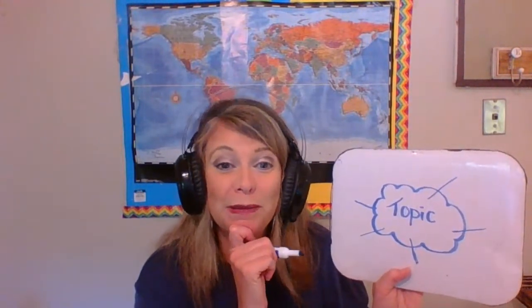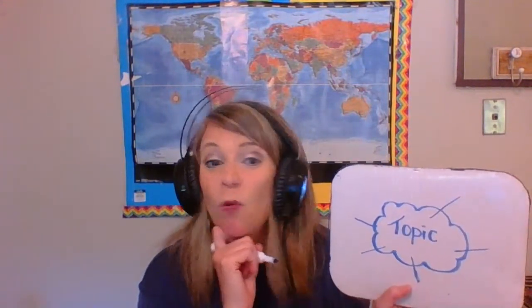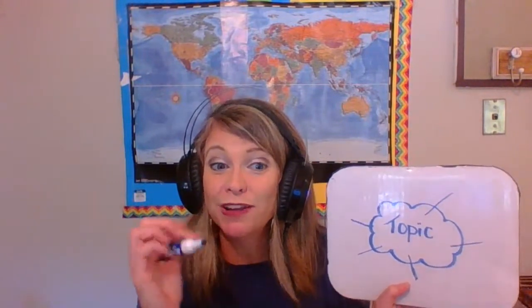Okay, so put your topic, what you want your story to be about. Put that in the middle, and then we're going to make a web from that. What are some things that can happen in your story? Well, we need to use a turtle, and we need to use a rainbow with this story. Now you can come up with your own three things at home. If you want to use my three things, castle, turtle, and rainbow, you can, but you don't have to.